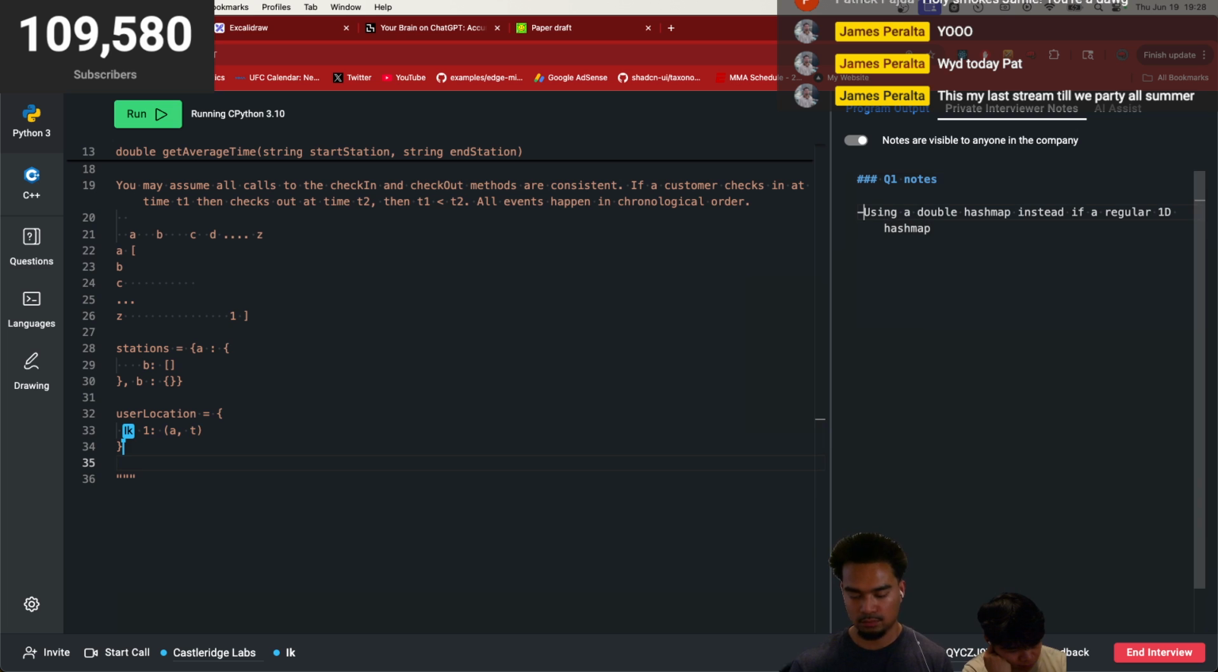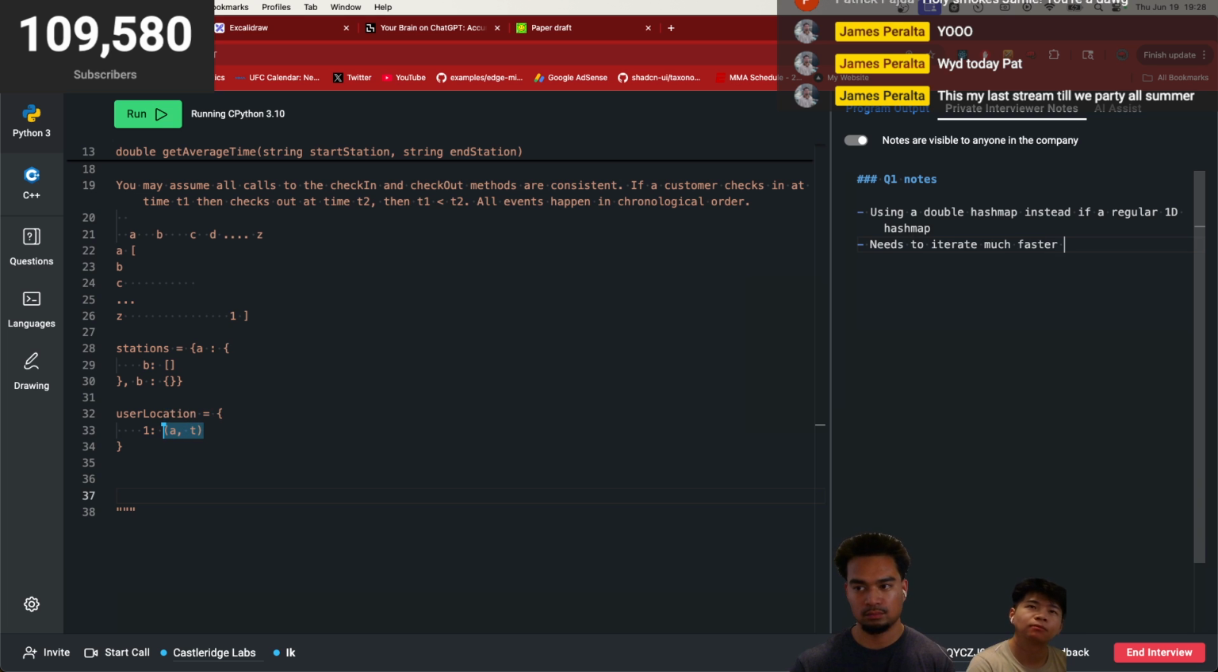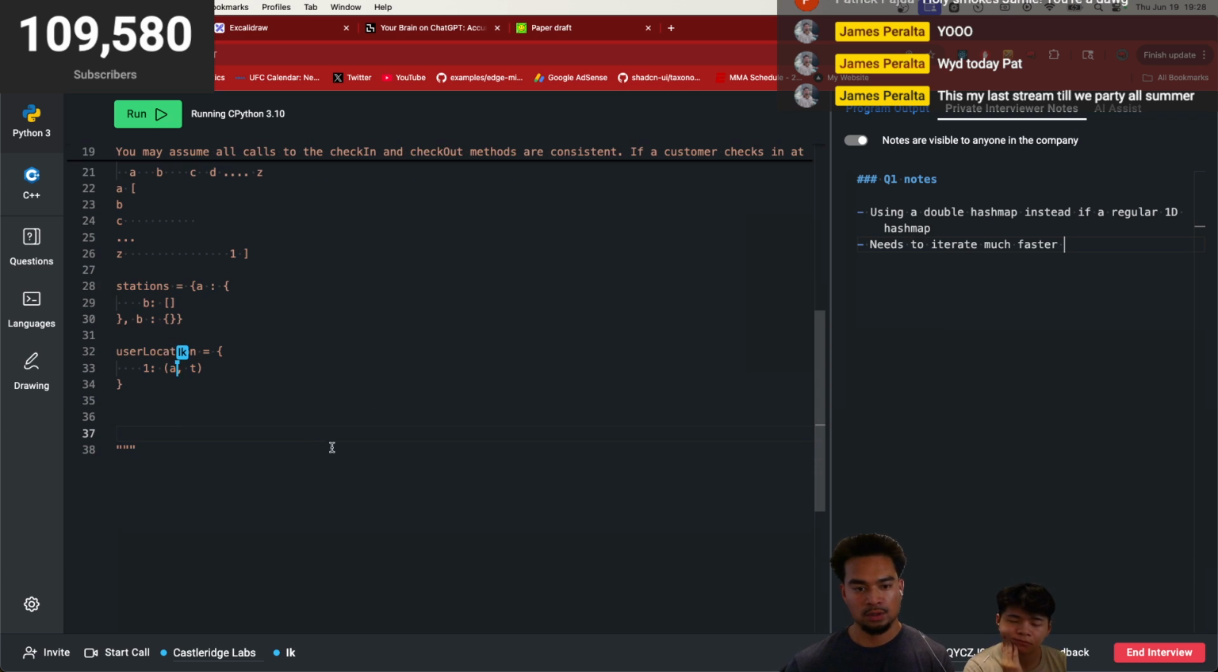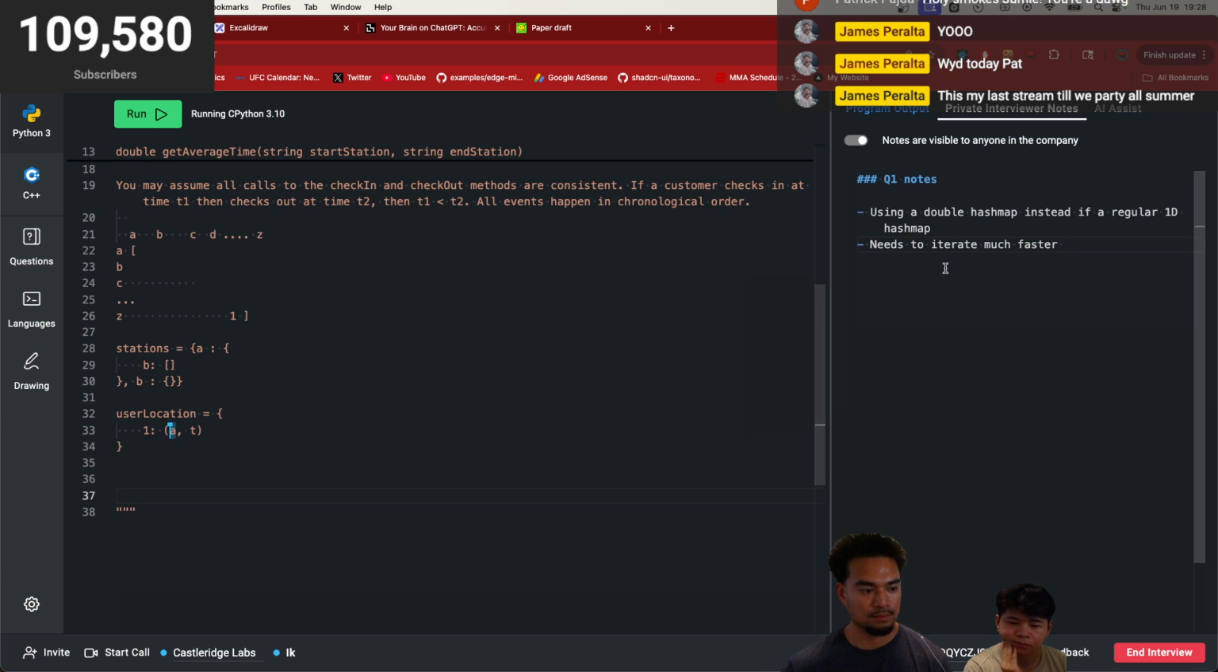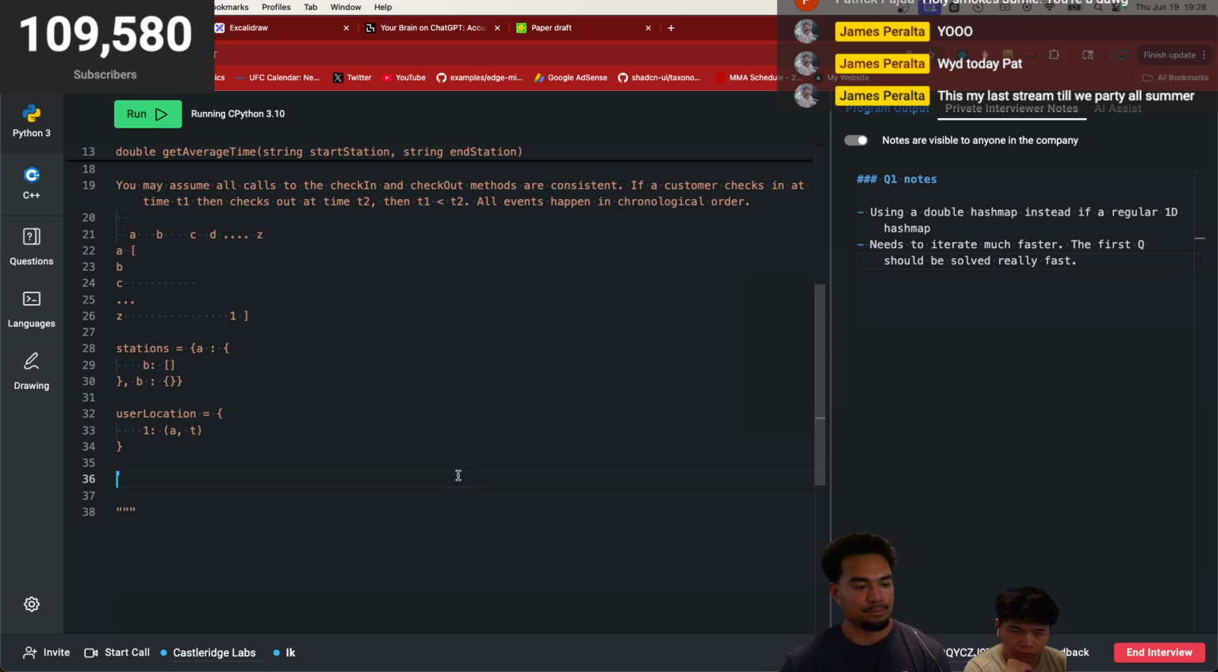And then when you check out, since you can only be in one place at a time, we don't need to store the... Well, actually, no, never mind. We do, because we need to use this A to get the average. So essentially, when you check in, you put the tuple in the user location. When you check out, you remove it, and this is T1. Check in is T1, and then when you check out, you remove it and you say something like